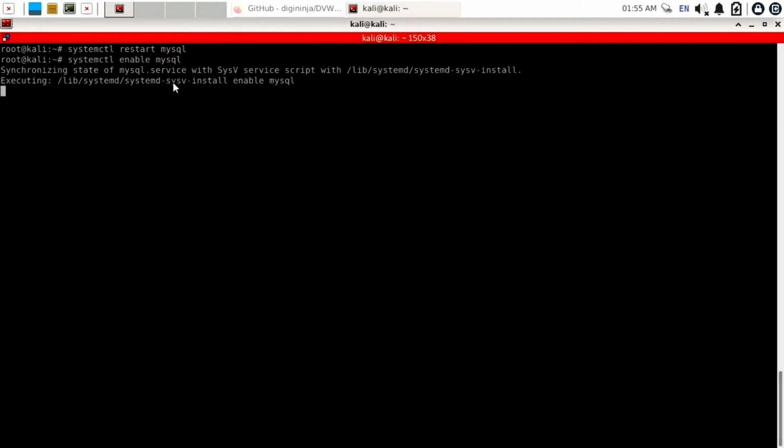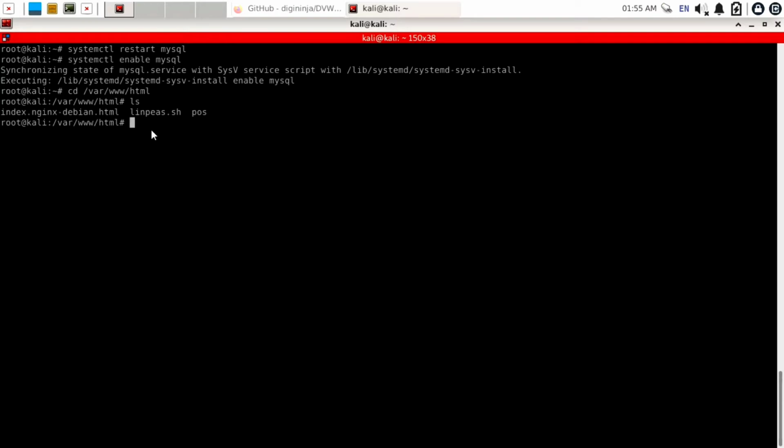After enabling MySQL, you need to check whether you are able to access your Apache 2 server or not. For that we will use our web browser. Okay, we are successfully able to enable the MySQL server. Now the default path of our Apache 2 server is cd /var/www/html. So it is our default path of Apache 2. After ls, you can see there are three files: index.nginx-debian.html, linpaste.sh, and another one is pos.